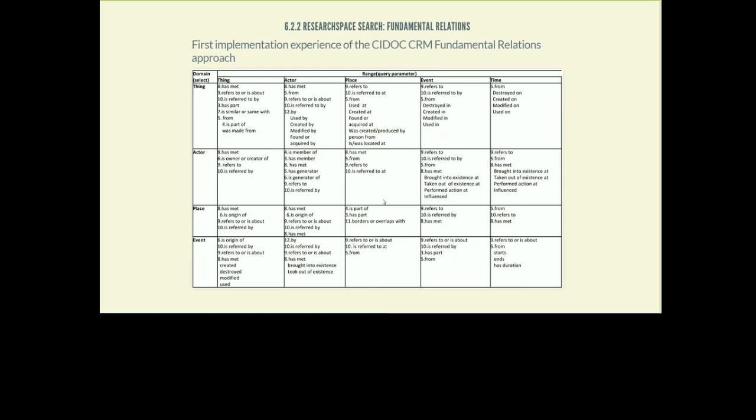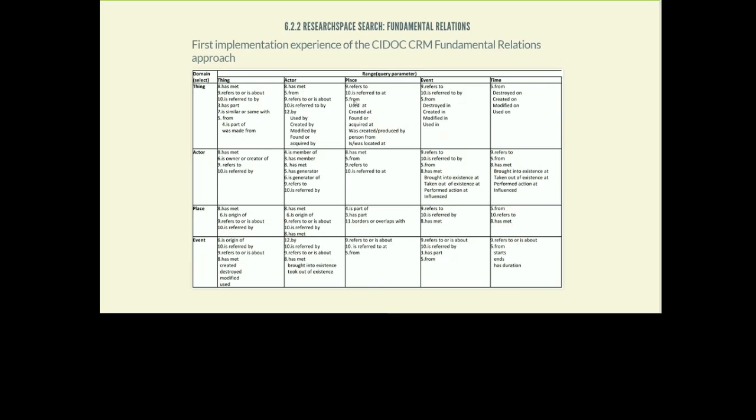And each of these relations can be realized by a different alternative network in the CIDOC CRM graph. In the next slides, I will only focus on this one, from, more particularly thing from place.